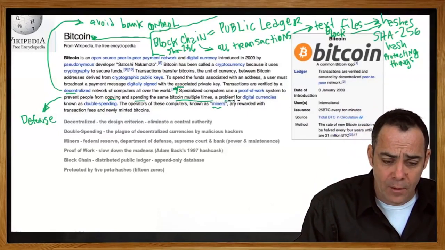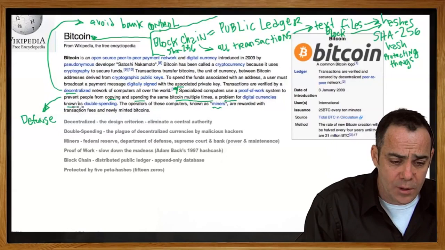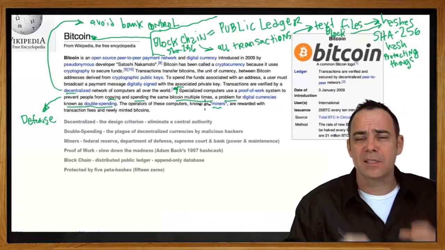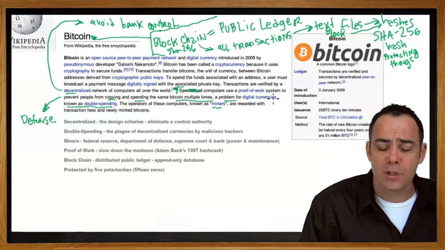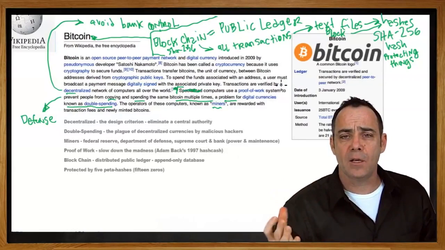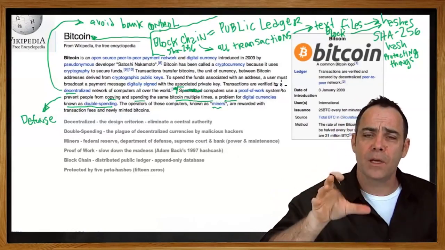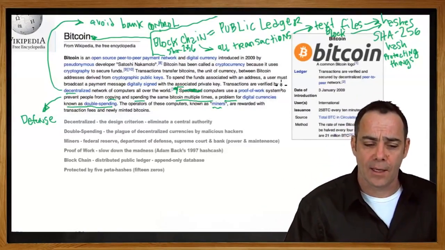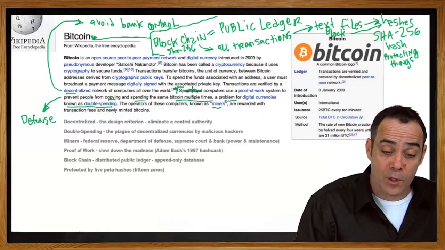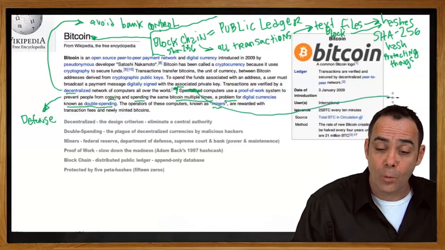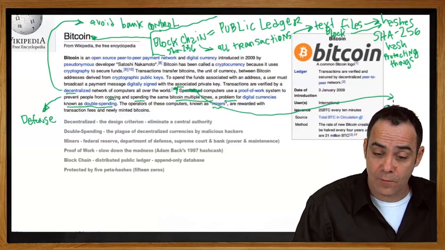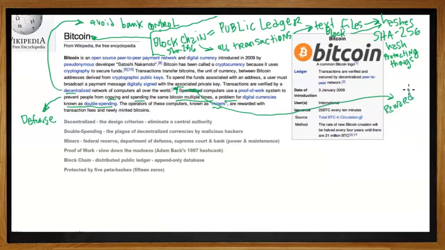A problem for digital currencies known as double spending. Okay, and this sentence has got a few problems, right? Specialized computers use a proof of work system. Well, you don't need a specialized computer to use the proof of work system. You can use any computer. My computer runs the Bitcoin QT software and it works just fine, okay? But the more specialized your computer is, the more likely you're going to receive rewards. Okay, so the faster and better your computer is at resolving Bitcoin transactions, the more likely you're going to win